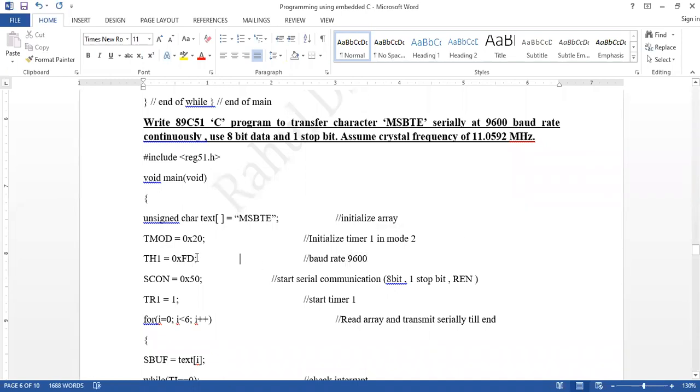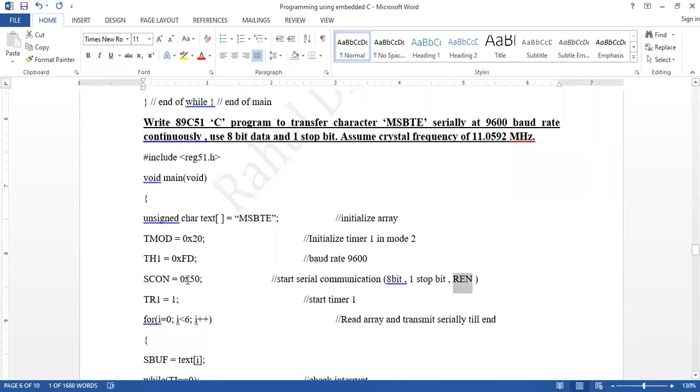Then here we are using serial communication, that's why SCON is equal to 0x50. 0x50 means serial communication, 8-bit data, one stop bit, and enable the receiver register.